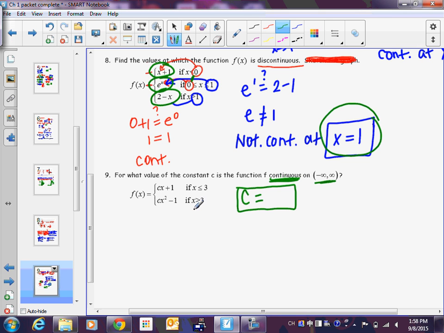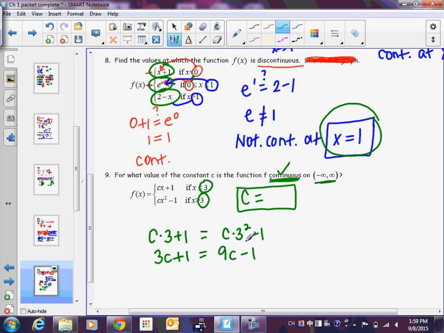So where we're really concerned about it not being continuous is right here at x equals 3. This is really the only place that we might have discontinuity. So what do you think we're going to do with that 3? Plug it in for x. So c times 3 plus 1 and c times 3 squared minus 1. And if we want it to be continuous, we want these two things to equal each other. And notice I didn't plug 3 in for c, I plugged it in for x, because that's what 3 is representing. So if I kind of rewrite this, 3c plus 1 and 9c minus 1,